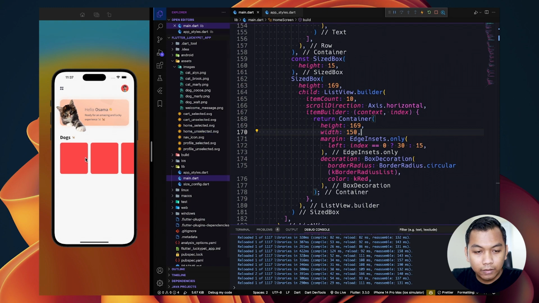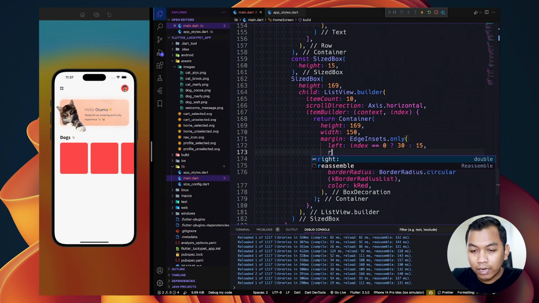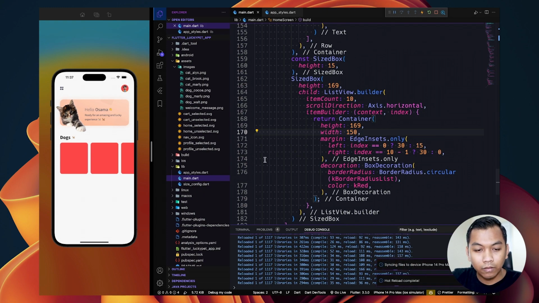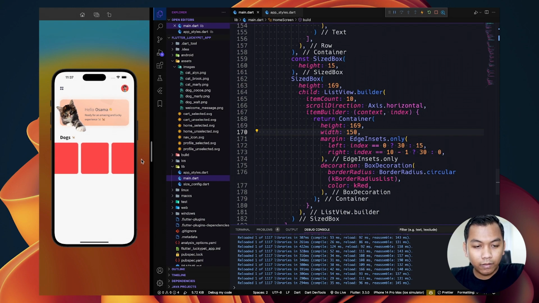Looks like this. And for the right, when the index equals item count minus 1, the margin will be 30, and when not, it will be 0. And when we are on the last element, it will have margin here.